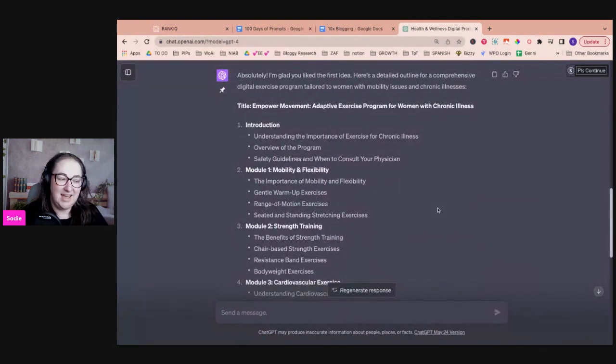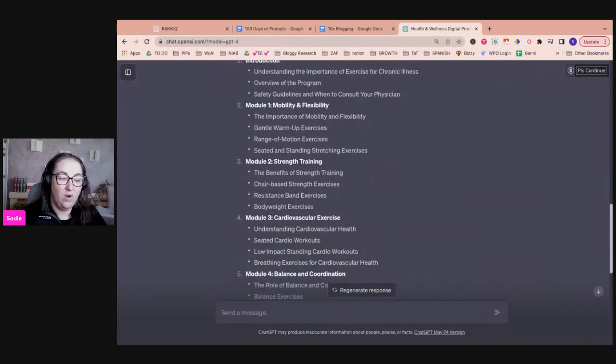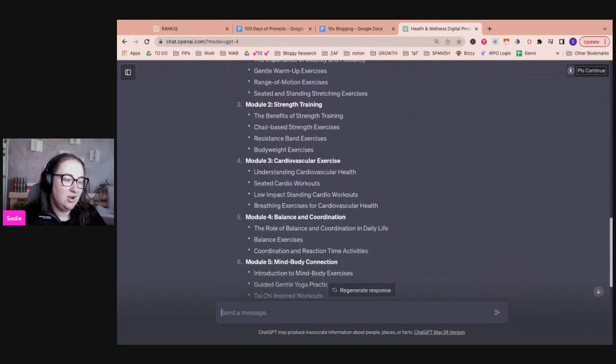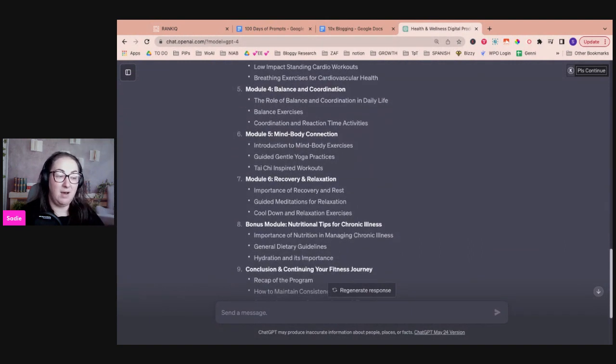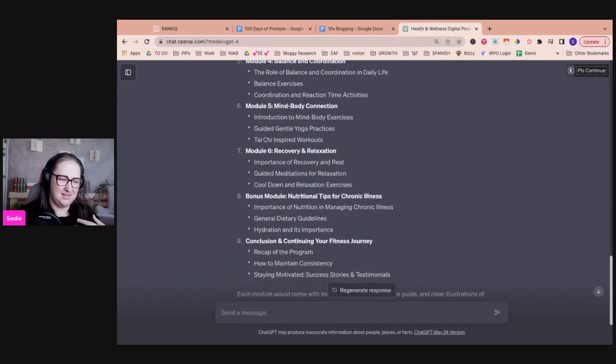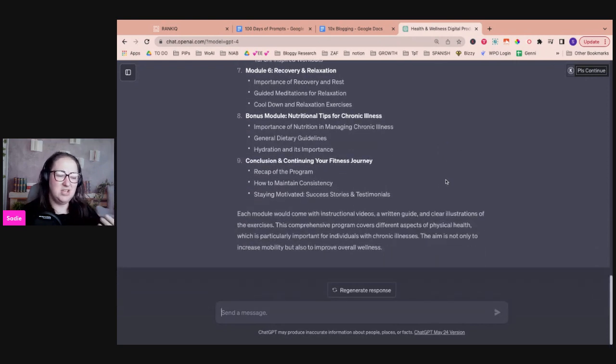This has a title and introduction. It's got warm-up exercises, strength training, cardiovascular exercise, balance and coordination, which is super important for people who are living with chronic illness and have limited mobility. Mind-body connection, I think that's super important too, because whenever you're living with a chronic illness, it can be really depressing and isolating. So if you've got some of those things mixed in,